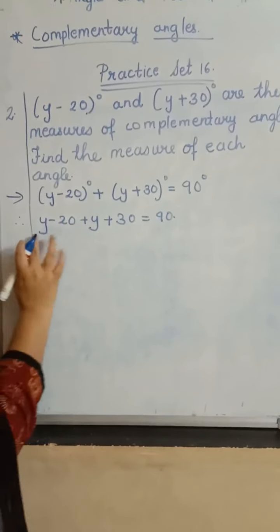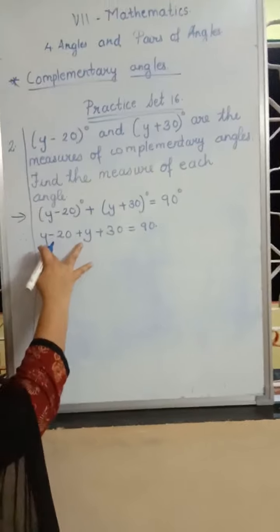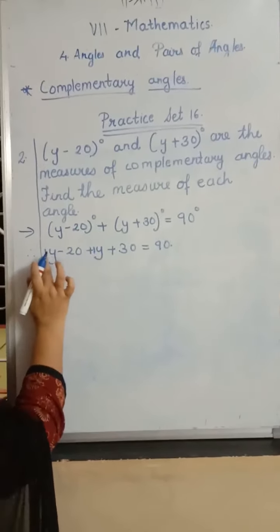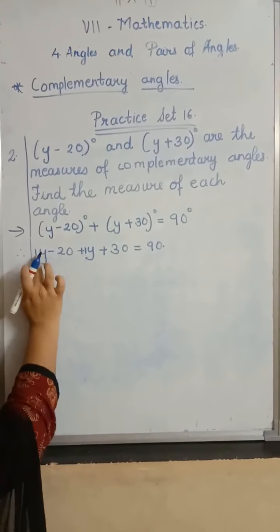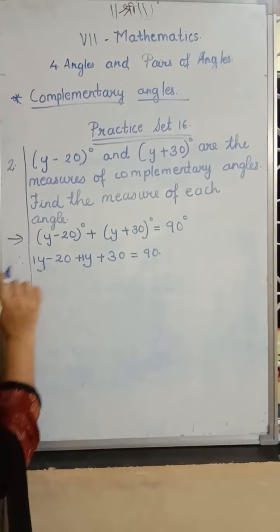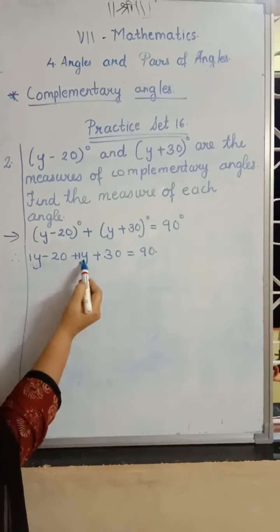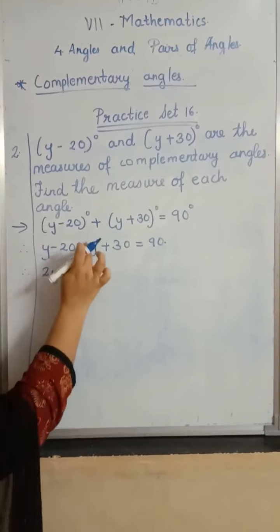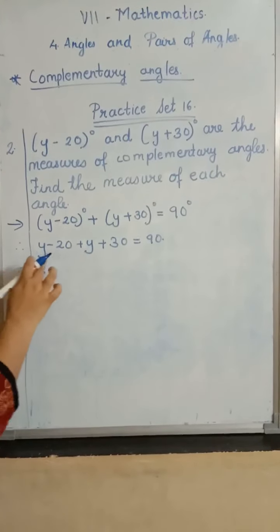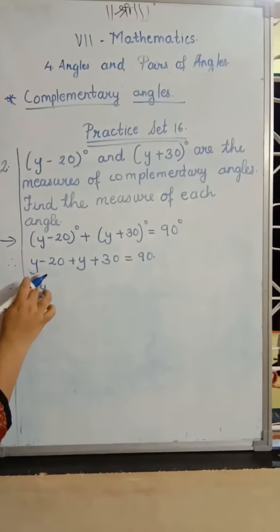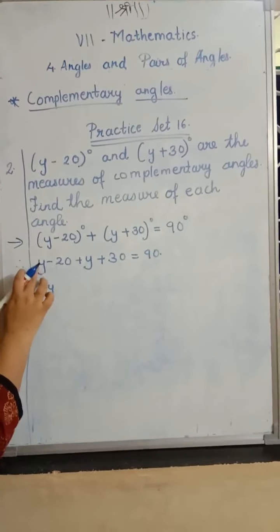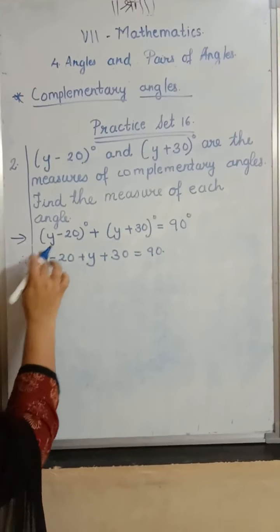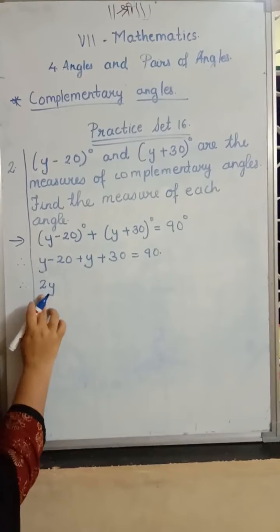Okay. Now can you see y and y here? Can we add? Nothing but what is here? 1 and 1. 1y plus 1y. See, yeah? This is positive, yeah? No sign means positive. 1y plus 1y, that is what? 2y. Did you understand? This was for your understanding. Here variable. This is variable, yeah? And coefficient. No coefficient means it is 1. We have learned in 6th standard. So 1y plus 1y will give us 2y.